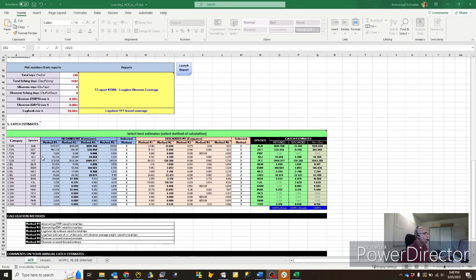So for those looking for more explanation about each method, let's go through these methods and try to explain what they are doing. So method number 1 for retain catch is based on the observer data, kilograms per trip. So basically taking the average number of kilograms observed, caught per trip, and raising to the total trips. So what it would potentially do here is take